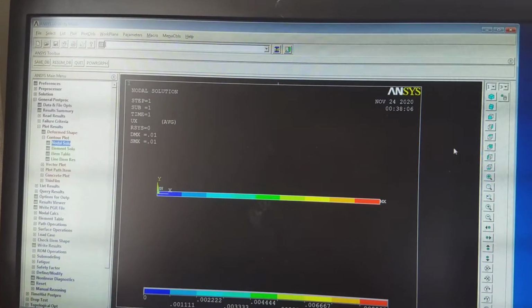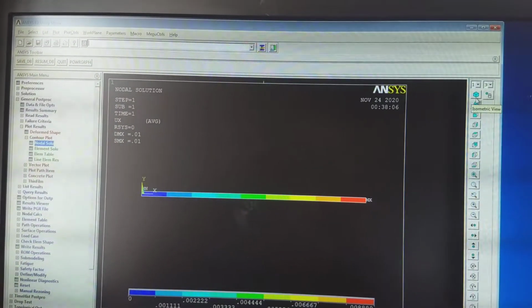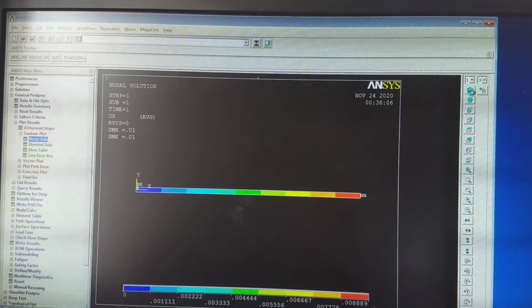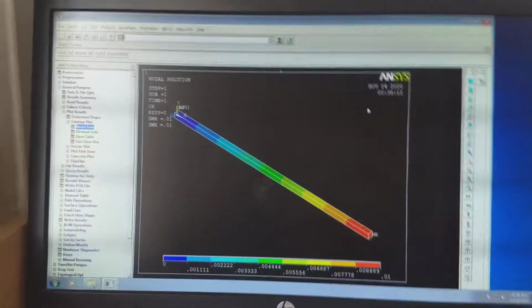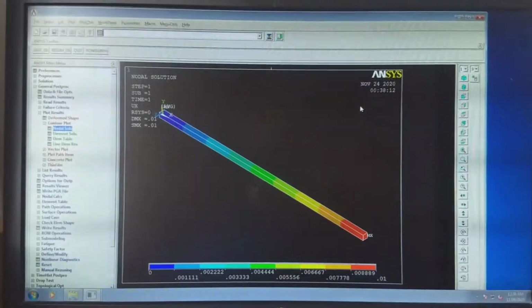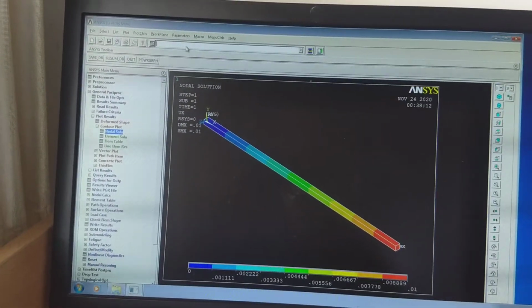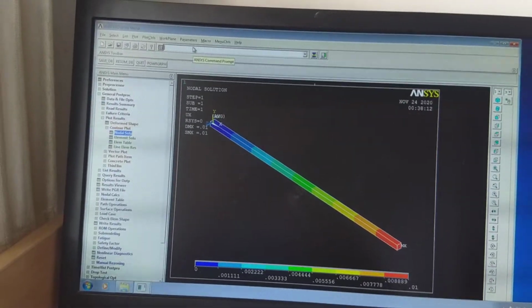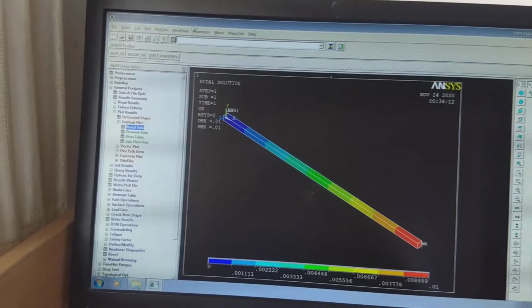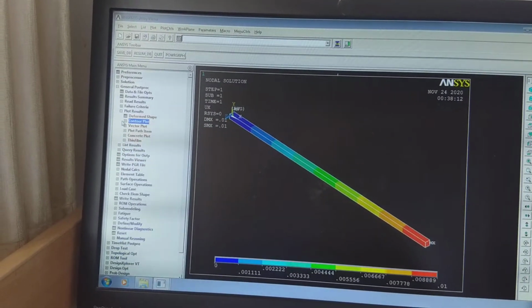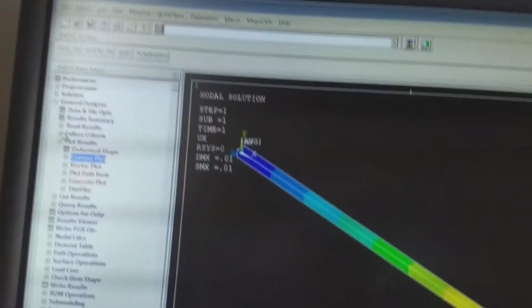So you can see that this is converted into 3D, and press this isometric view. So this is a 3D solution of that bar. Okay, and you can even animate it. I will show you next. So next is go to